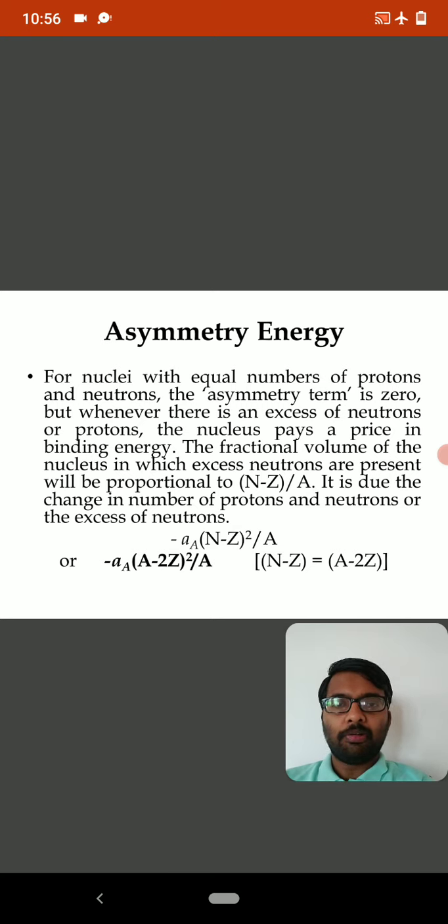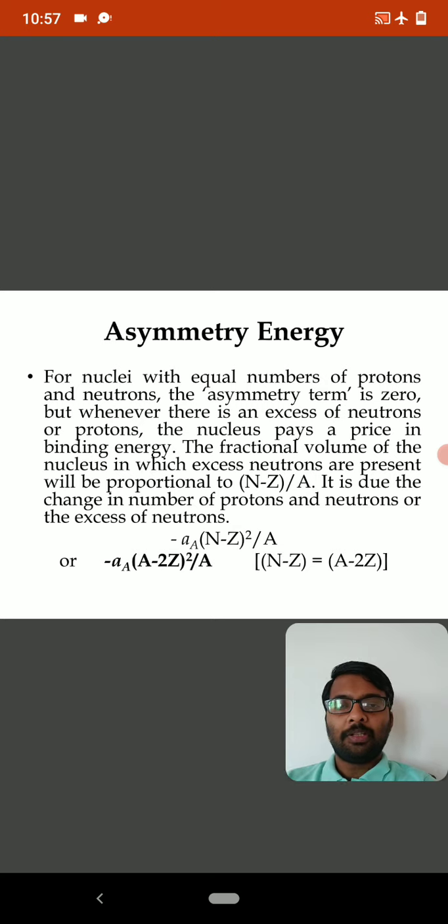So the fractional volume of the nucleus in which excess neutrons are present will be proportional to the term (N minus Z) divided by A. So it is proportional to (N minus Z) square divided by A, and it is due to the change in number of protons and neutrons, or the excess of neutrons. This excess of neutrons is given by the term (N minus Z) whole square divided by A. As this excess number of neutrons also results in reduction of total binding energy, it comes with the negative sign. So minus a_a into (N minus Z) whole square divided by A, that is the asymmetry energy term,